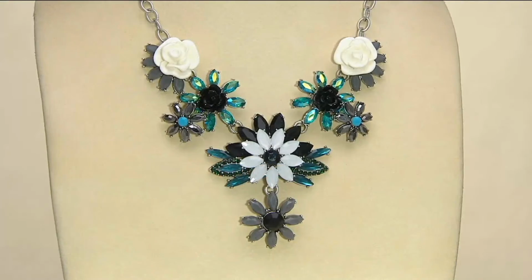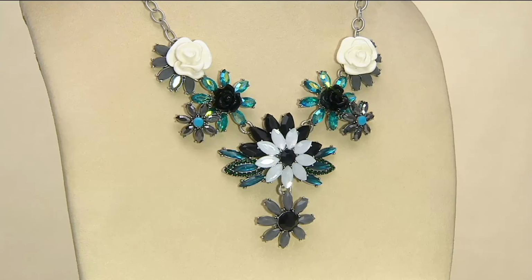So a reminder of our jewelry from earlier. This long necklace, actually the